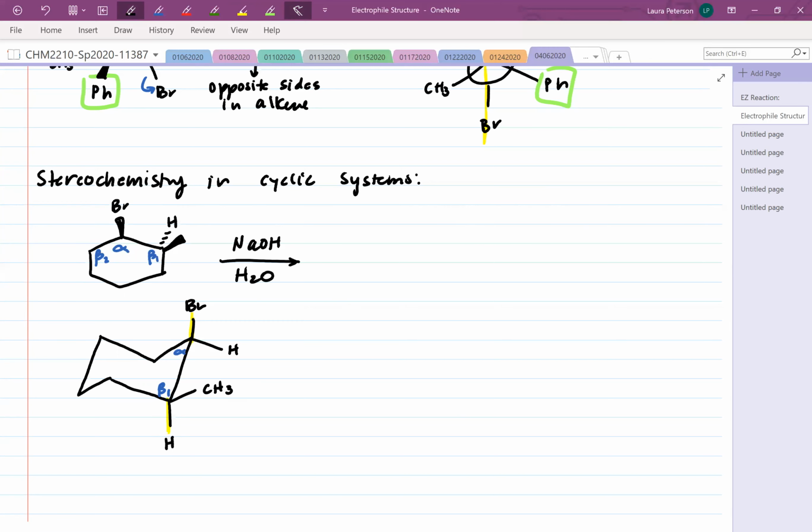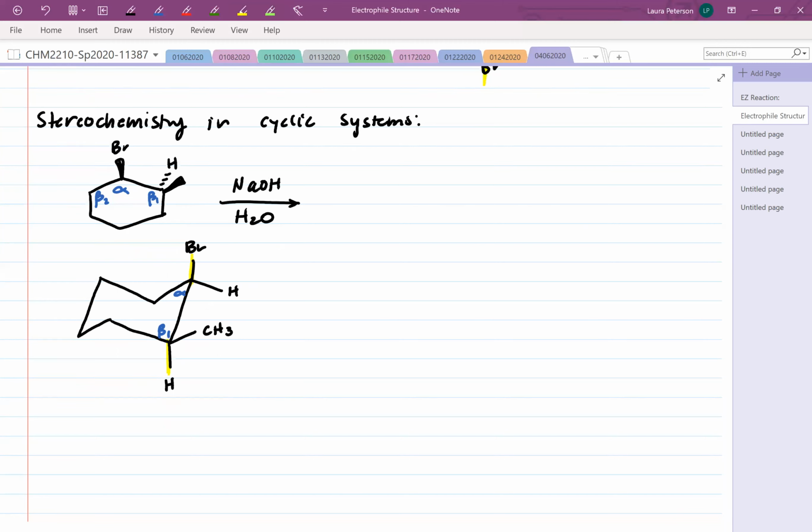So the only way that our leaving group and our beta hydrogen can adopt this reactive conformation is if they are trans to each other. Let's write that out. So the only way for